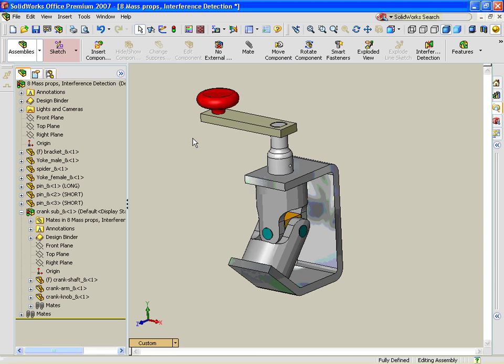So the ultimate advice is take care of your assemblies and they'll take care of you. After all, nothing is efficient about having to redo work or catch errors when it's too late. So that's the ultimate efficiency in